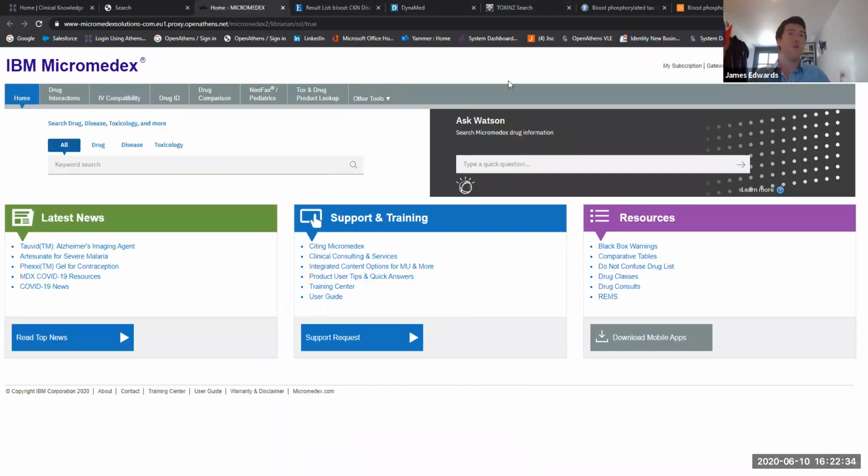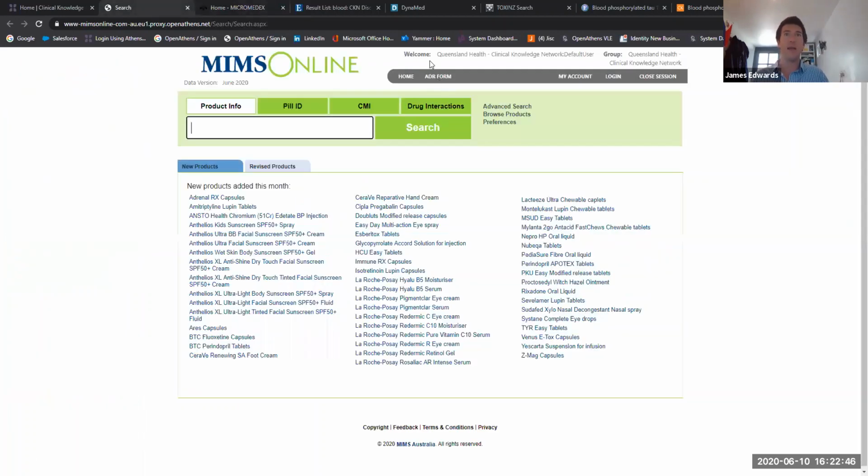Micromedic, again, they don't know branding or anything to say where I'm from, but you can see I'm logged in. It says log out in the top right-hand corner up here. So maybe a bit more of a basic database on that side. And then minsonline, again, here we go at the top there. You can see I've been logged in. I'm just a default user here, but they know where I'm from. I've got access to the content on there.